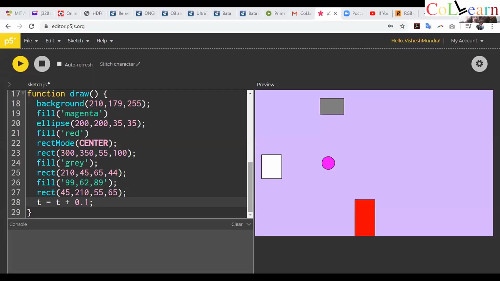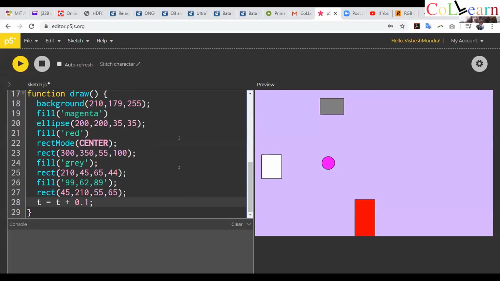Vishesh is saying it doesn't work. Can anyone clear his doubt why it's not working? Vishesh, can you share the screen if you don't mind? So, why is it not working? Can anyone debug this?